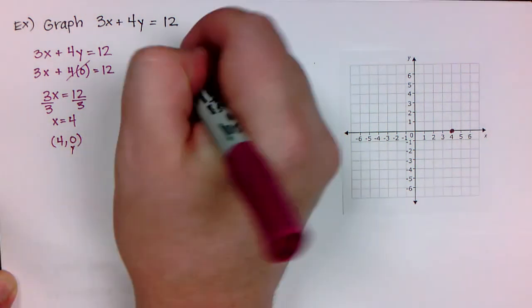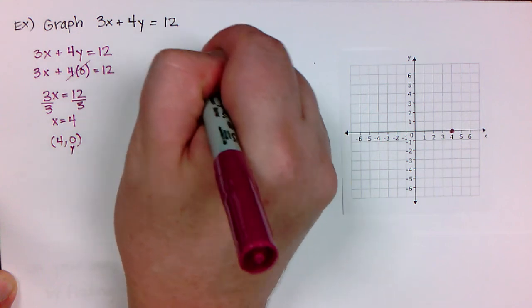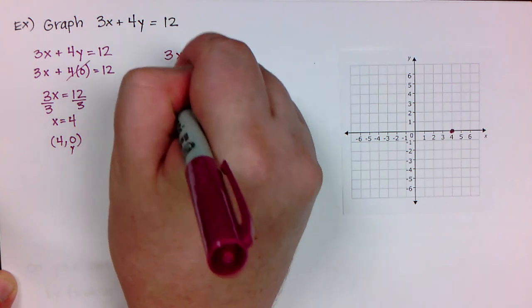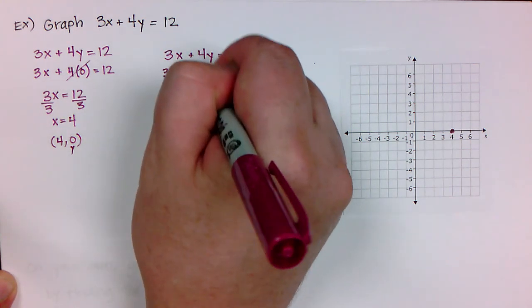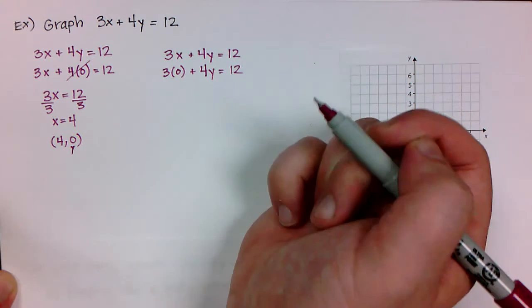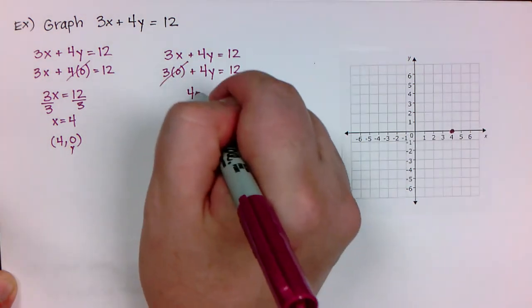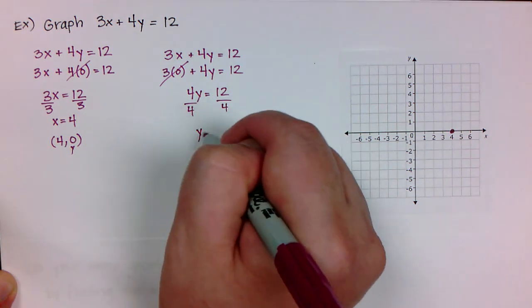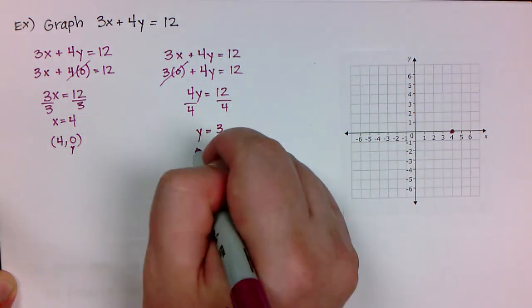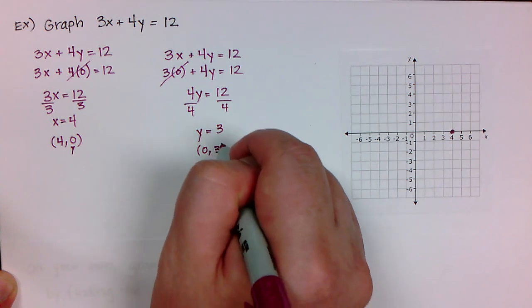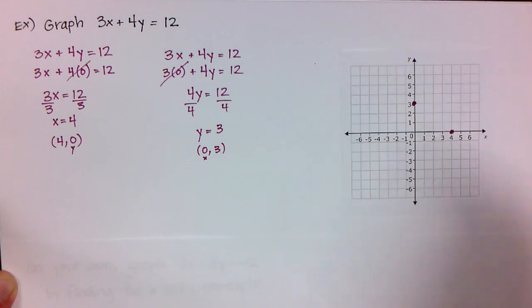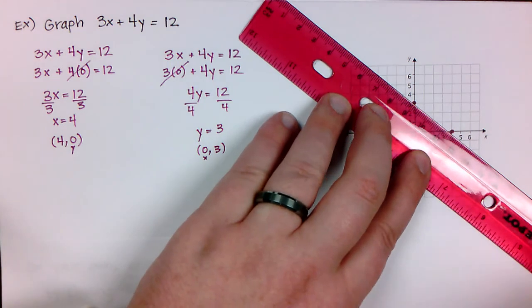I'm going to rewrite the same equation. 3x plus 4y is equal to 12. But this time I'm going to replace the x with a 0. This is going to help me to find my y-intercept. So this becomes 0. I'm left with 4y is equal to 12. If you divide both sides by 4, we're going to find that y is equal to 3, which means that I'm going to plot the point (0, 3), because I plugged in 0 for x, which is right up here. So I have 2 points right there. Piece of cake. Connect them with your ruler,